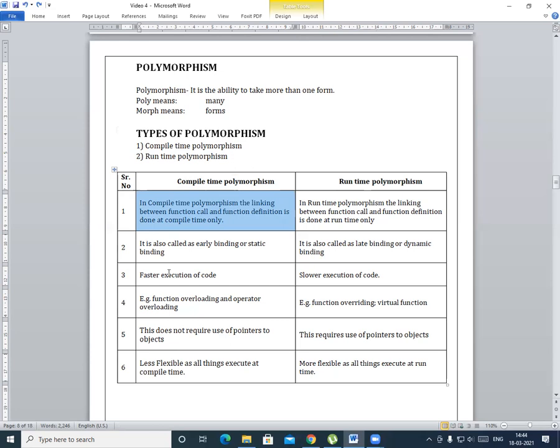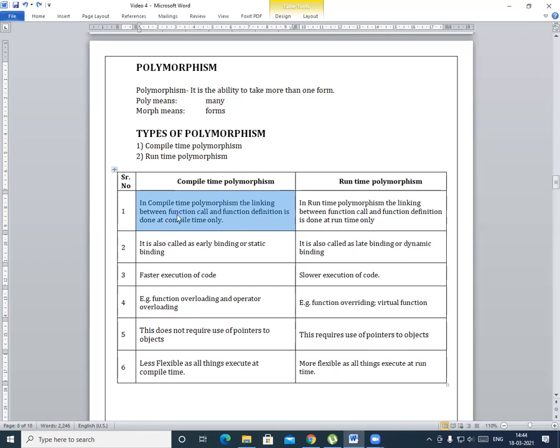That means whenever the function is called, how we call the function? By using the object name. So when we call a function using object name, that function is invoked. Means the function definition is invoked, okay, and it will work. So this function call and the function definition is done at compile time.